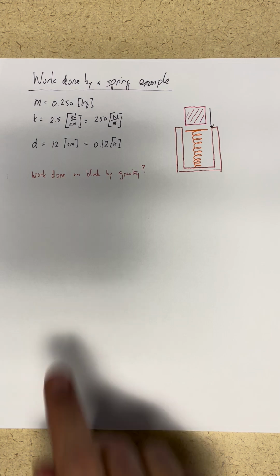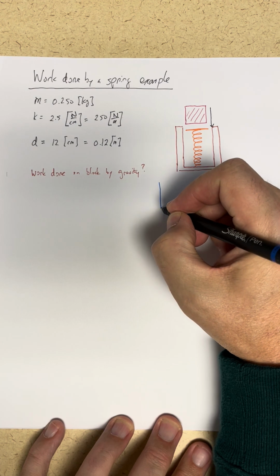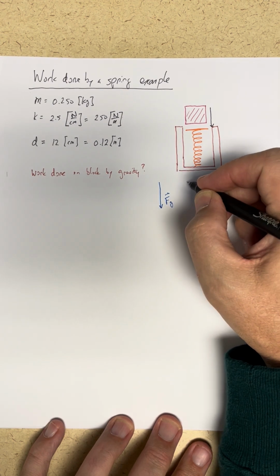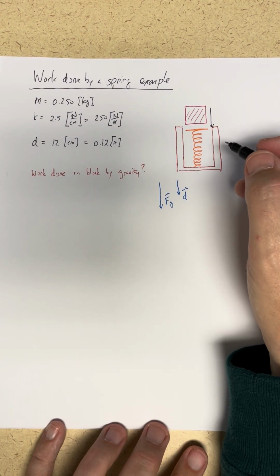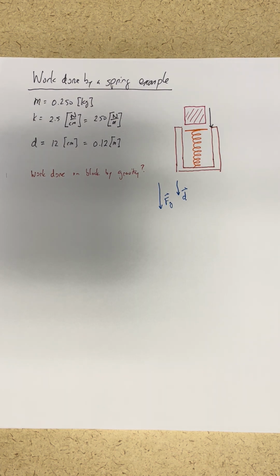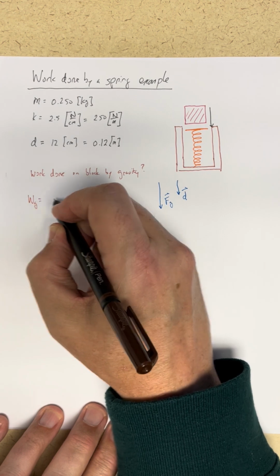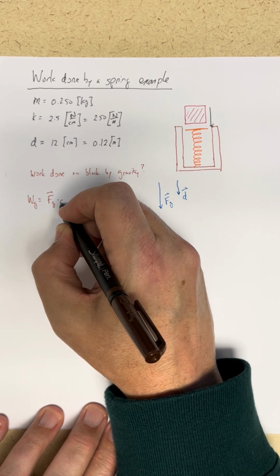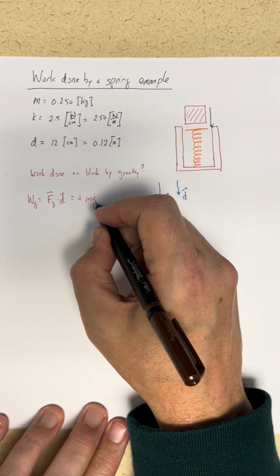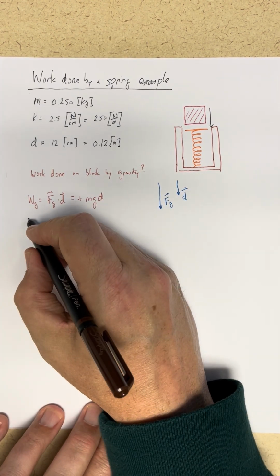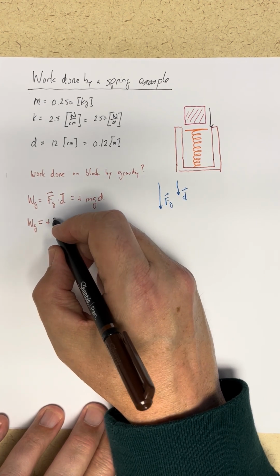All right, so first part, the work done by gravity. The force of gravity is going to point down, and the displacement of the block also points down. So we can get the work done by gravity as the force of gravity dot product with the displacement, which is just plus mgd,